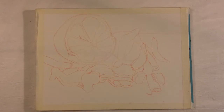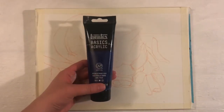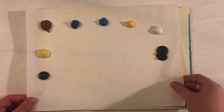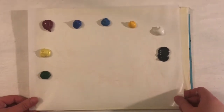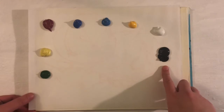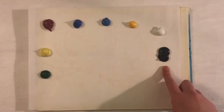So this is going to be an oil over acrylic painting. The paints I will be using for the acrylic part are Liquitex Basics. I have my palette on the side here. The only paint that is not Liquitex Basics is this one, because I am out of black, so the only black that I have that I can use is